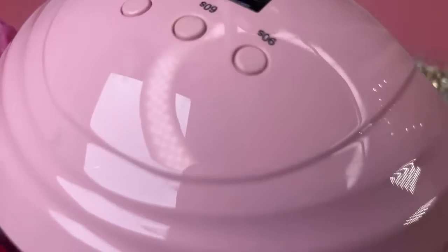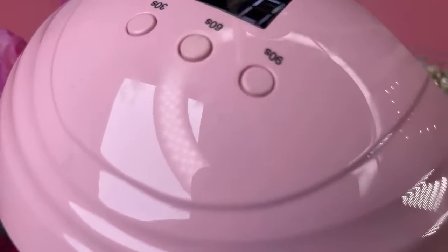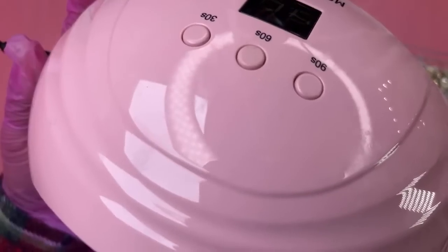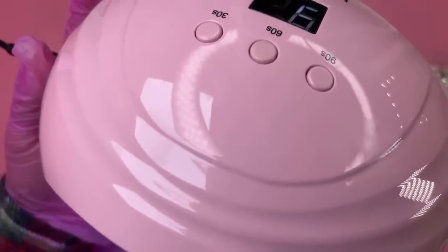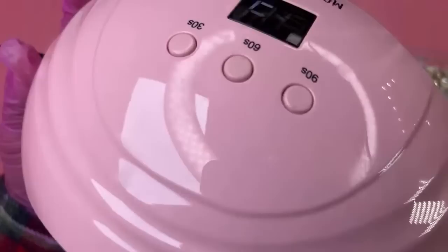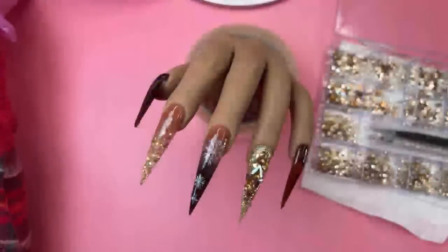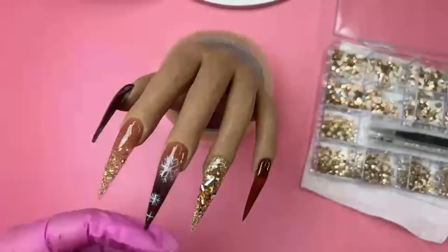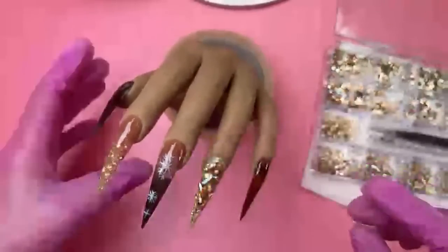Portia, so what you want to do is make sure that you advertise yourself, whether that's on Facebook, on Instagram, word of mouth, or if you have people whose nails you're already doing, it's a really good idea to do a referral. You could do a little card or punch card, and every time they refer somebody to you, you punch a little hole in the card, or just jot it down. And then after they refer like 5 people to you, maybe you do a free set or a free fill. That way clients are like, oh, I need to hurry up and refer some more people so I can get a